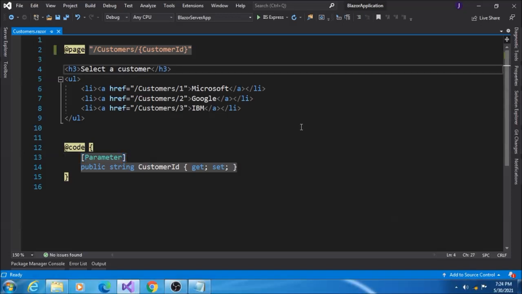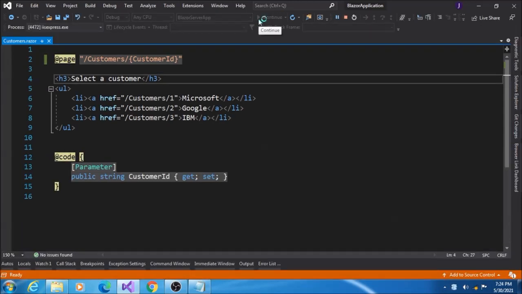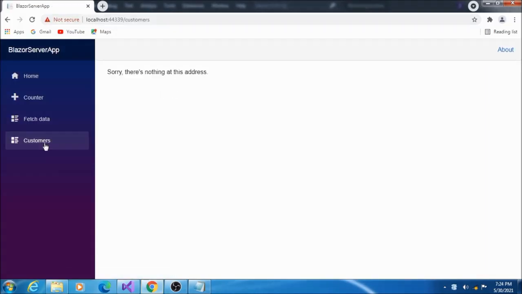I am going to execute this application. Customers. So in my route template I don't have this URL, so that's the reason it went to the else block and I got, sorry, there is nothing at this address.